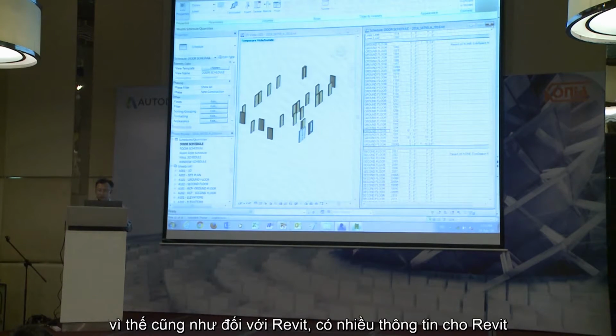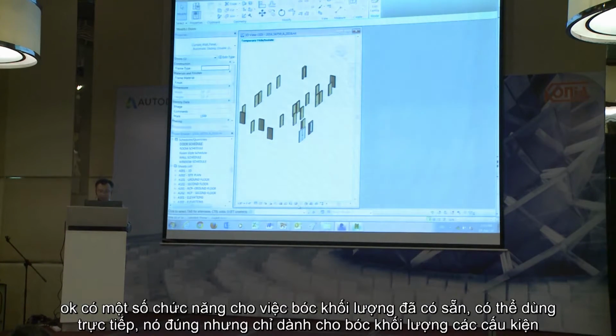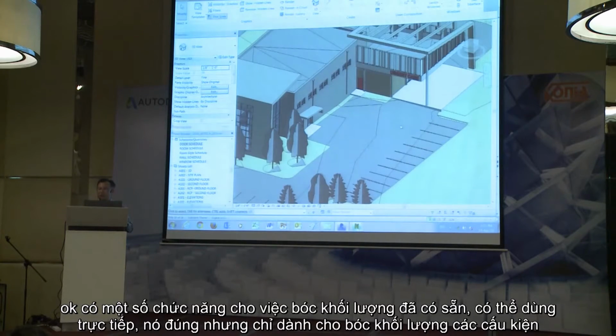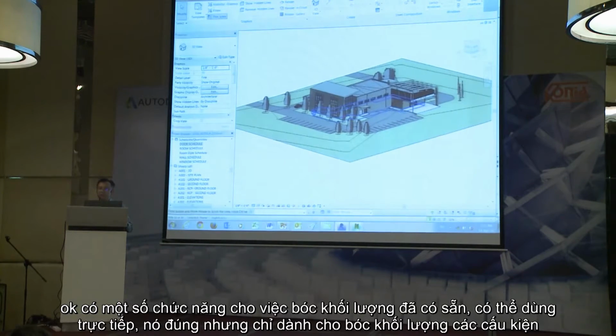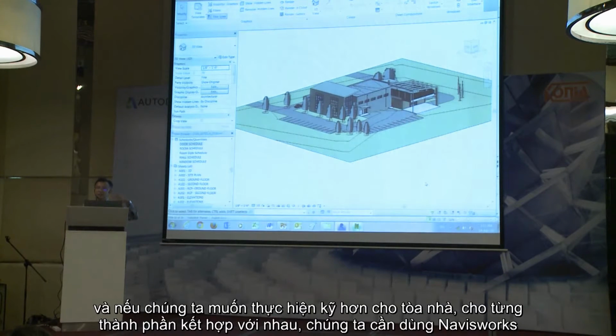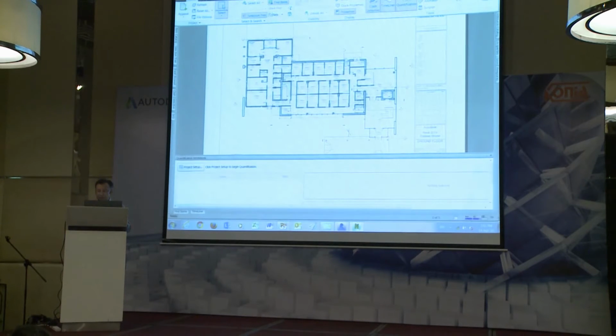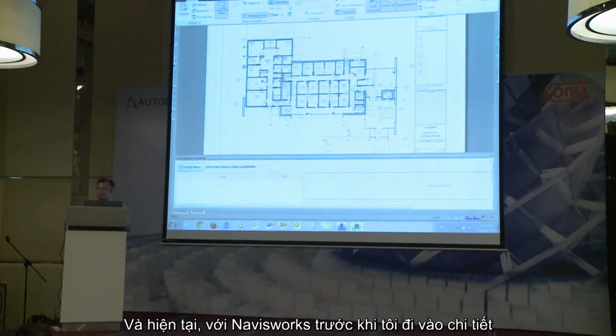Okay, so there is something showing quantities that is already there. It's correct to use it, but it only takes off in component. And if we want to go further for the whole building to combine everything together, we need to use Navisworks. And at the moment, for Navisworks, before I go into details,